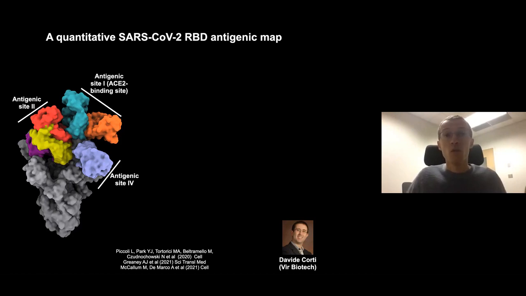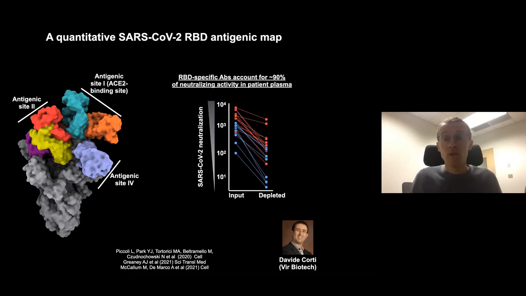So to understand the quantitative contribution of RBD-specific antibodies to neutralization, we asked what will happen if we deplete all the RBD targeting antibodies from the plasma of infected individuals. And we did exactly that and measured neutralization before and after depletion. And what we can see is that we have a significant drop, about 10-fold reduction in serum neutralizing activity upon doing that, showing that the RBD is not only the target of many antibodies in the plasma or memory B cells of infected individuals, but it is quantitatively the most important target of neutralizing antibodies.